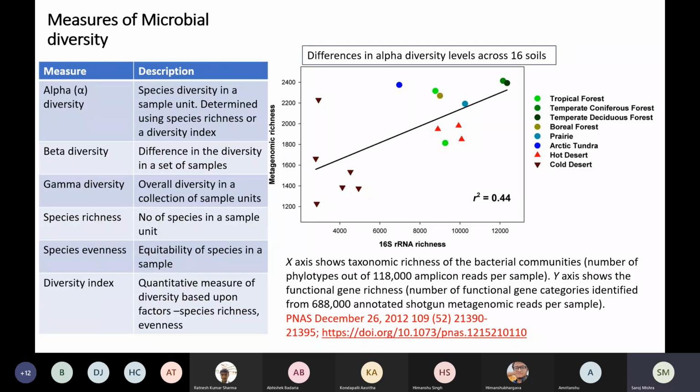So now, I just brought to you the subject of microbial diversity. Okay, so very quickly, how do we measure microbial diversity? Is it something which can be quantitated? And the answer is yes. In order to define microbial diversity, let me just